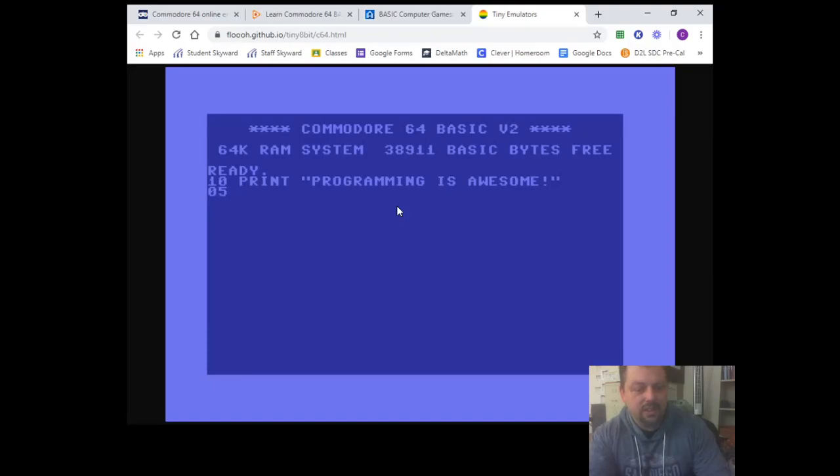We'll set a variable count equal to 0. And then at 15, we'll print, and at 20, we'll say count. I think that'll work.